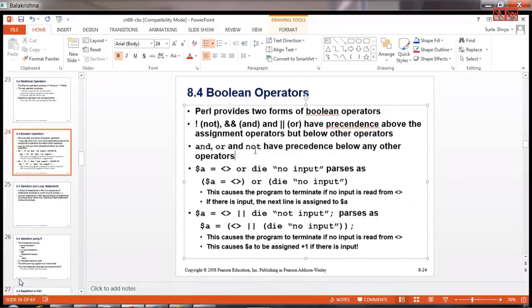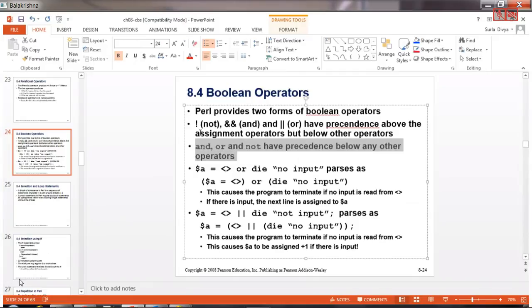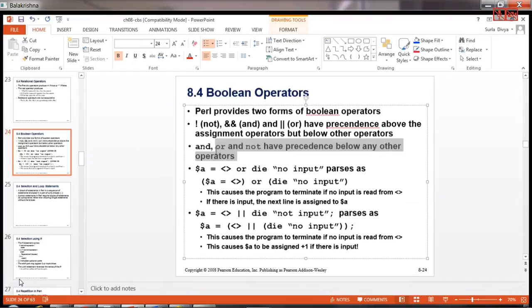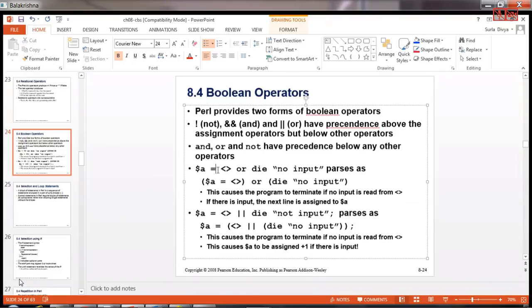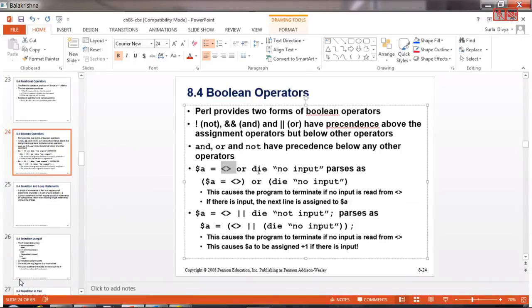And, or and not have precedence below any other operators. So except for the assignment operator, they have a higher precedence, that is equals to, that's the assignment operator. Other than that, for any other operator, they have a lesser precedence. So in this example, you see $A is equal to a file handle, an empty file handle, or die.